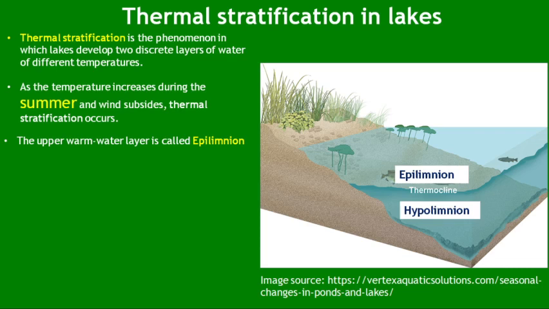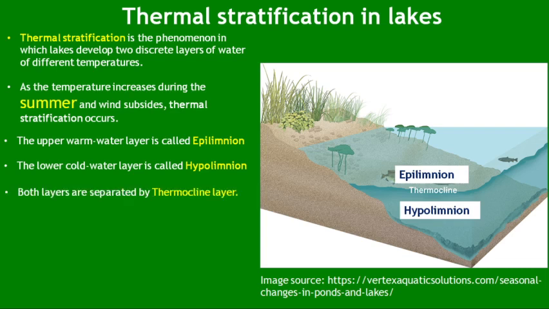The temperature will be maximum on the upper layer of a lake, and this layer is known as the epilimnion layer because of high temperature. And there will also be a lower layer which will be the layer of cold water, and this layer is known as hypolimnion. It can easily be seen through this picture also. The epilimnion layer is the upper layer which has high temperature during summer season. Hypolimnion layer is the bottom layer which has low temperature during summer season.